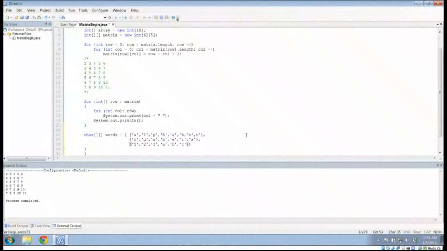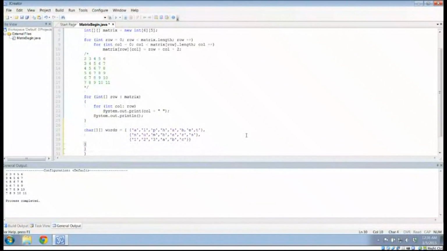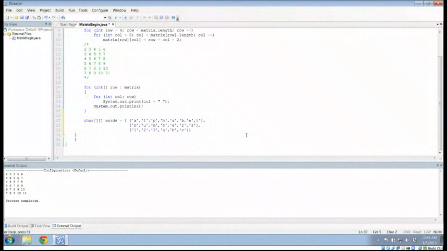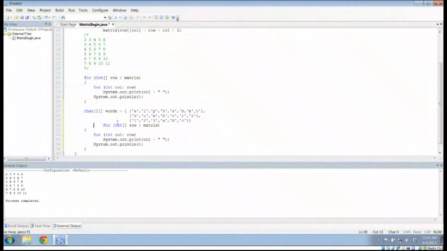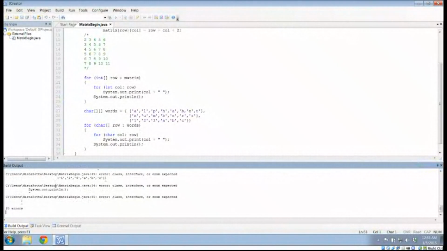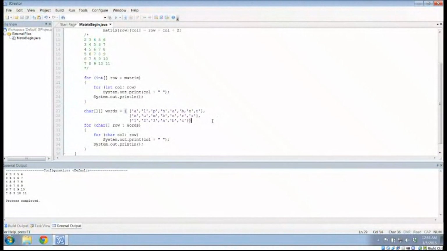So this is an example of an array literal where this is a jagged matrix. In other words, the elements are not going to be the same. But I can do the exact same nested loop that we talked about to print this out. The only thing that I really need to change is that it's not an int array, it's a char array, and our elements are characters, and the name of my matrix is words. So if I run this again, it should print out,